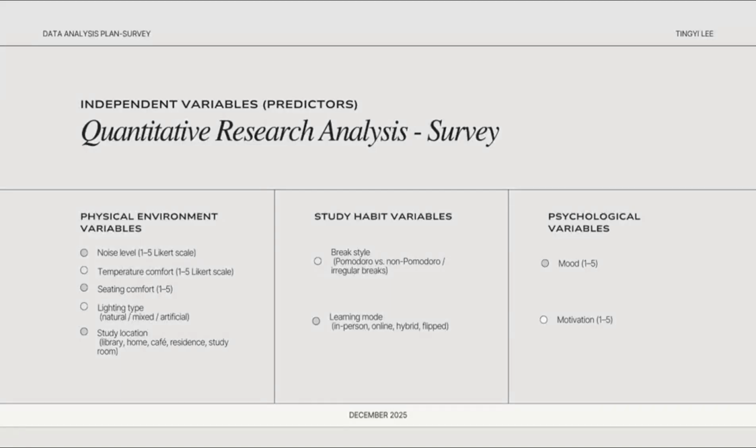And next, I'll briefly introduce our quantitative research design. First, for our variables, we divided them into independent and dependent variables. Our independent variables include physical study environment factors such as noise level, lighting type, temperature, seating comfort, and study location. We also looked at study habits, including break style, whether students use the Pomodoro technique,